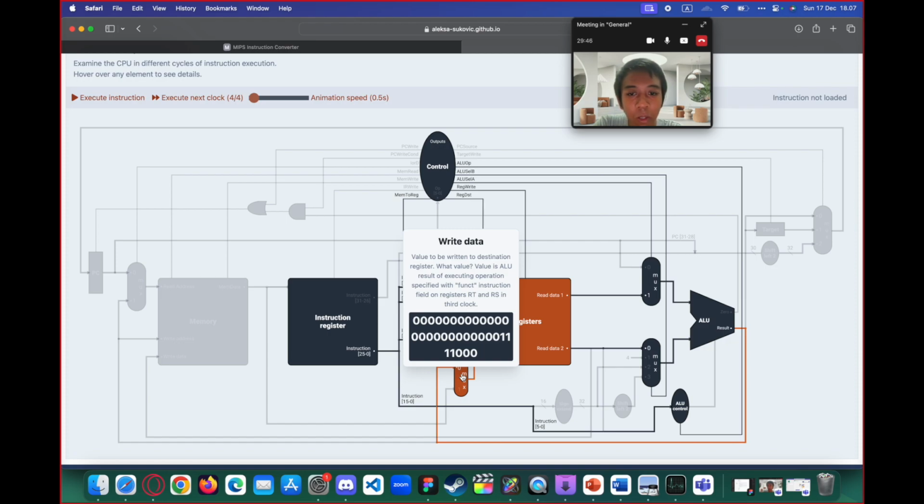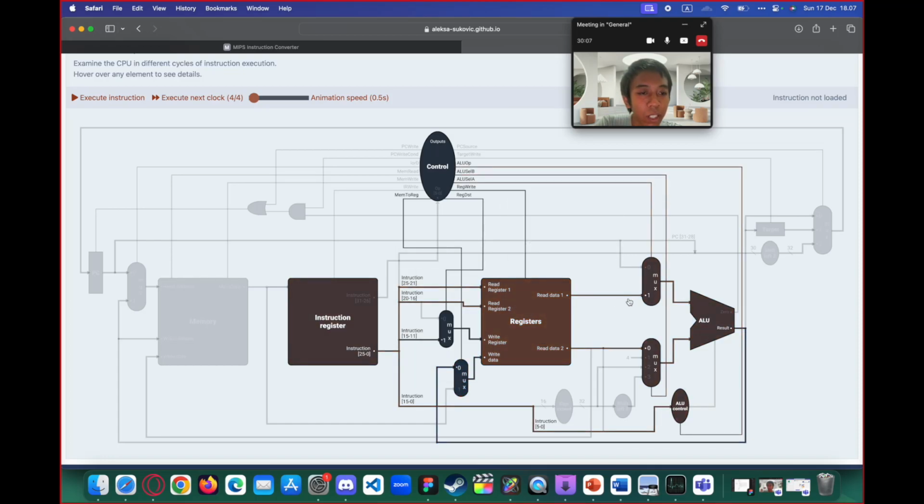What value? The value is the result of executing the operand specified with the func field on registers RT and RS in the third clock. So what this basically means is just writing the result from the ALU. The result of the operation is the addition of RT and RS.